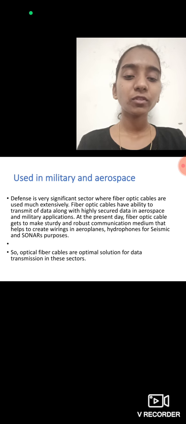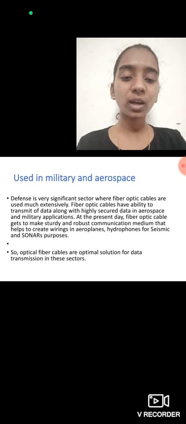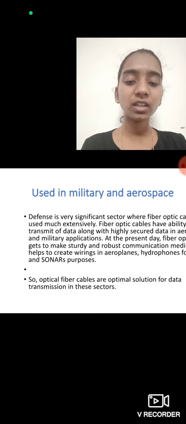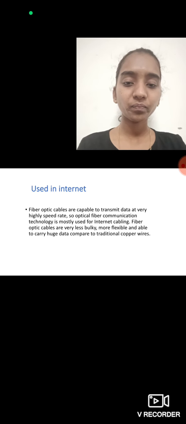At present, fiber optic cable makes a sturdy and robust communication medium that helps to create wings in aeroplanes, and hydrophones for seismic and sonar purposes. So optical fiber cables are optimal solutions for data transmission in these sectors.